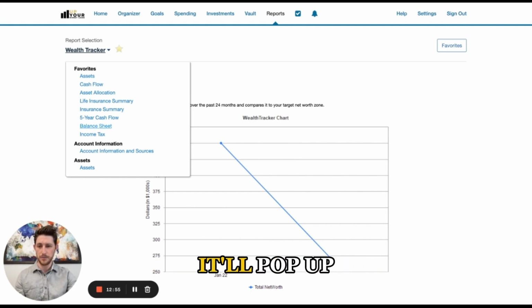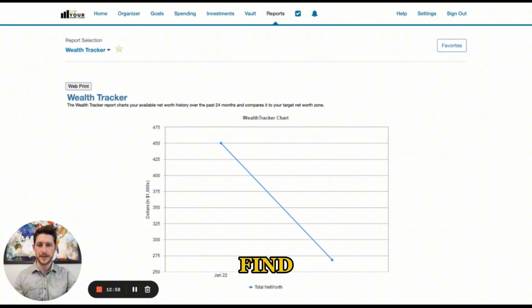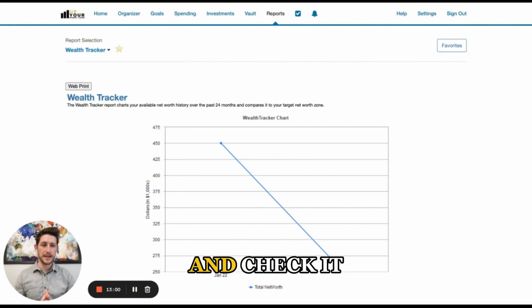Okay. And of course you can favorite your favorites. Just click this little star. It'll pop up here at the top. So it makes it easy to find. So that's the report section, and check it out,